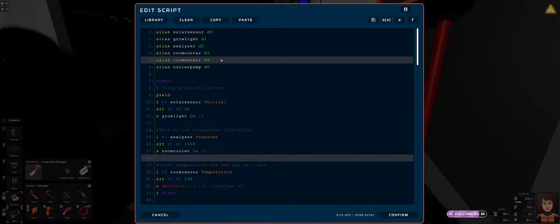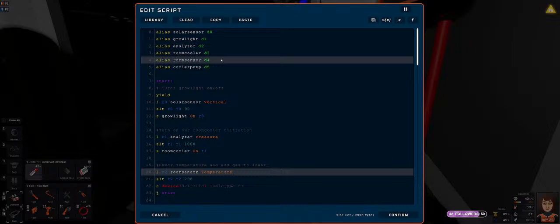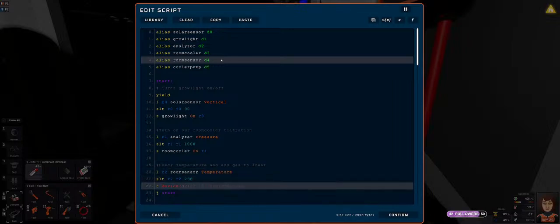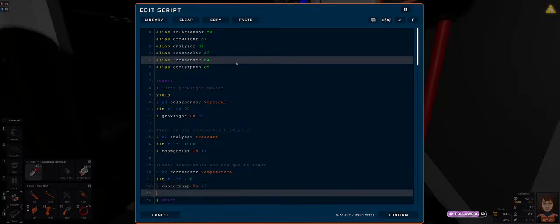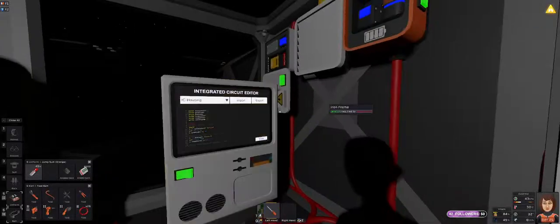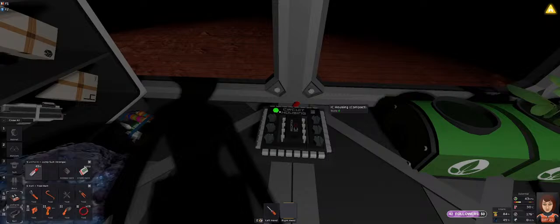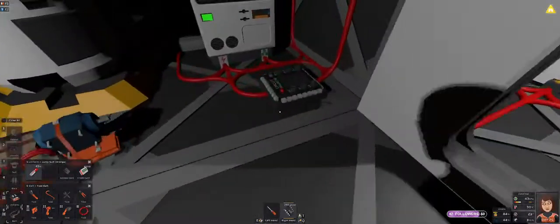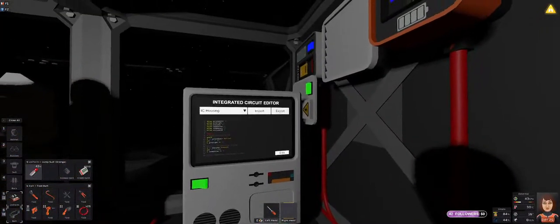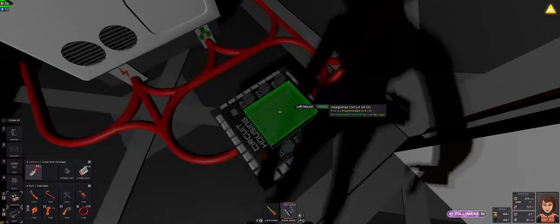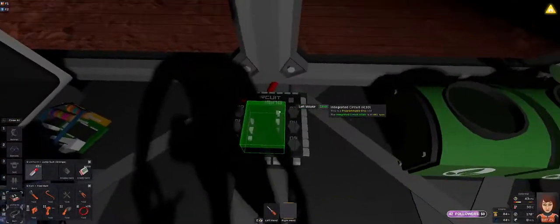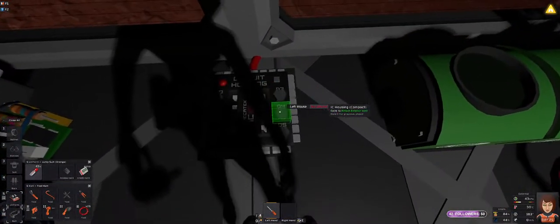R1 sensor temperature set less than 298. Set the device cooler pump on R2. Export. Excellent. All right, so